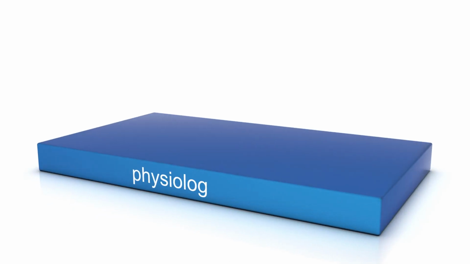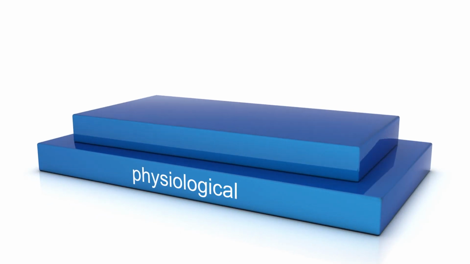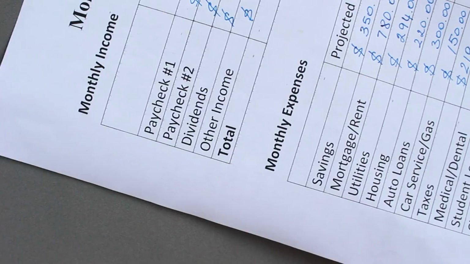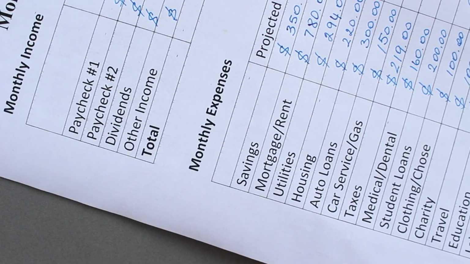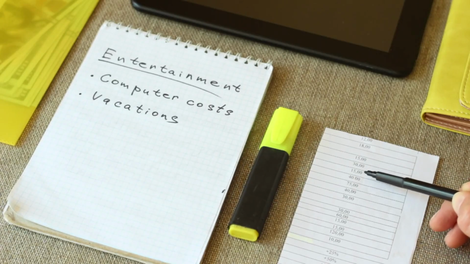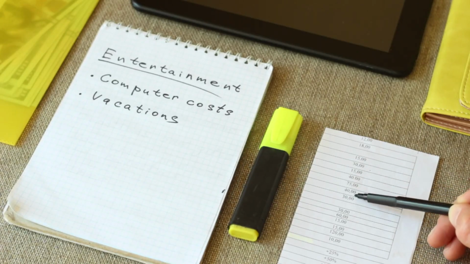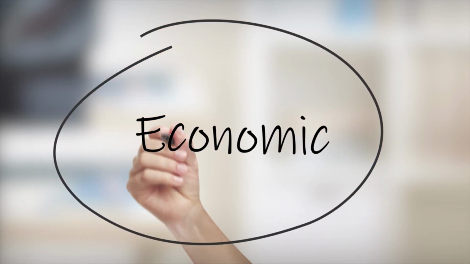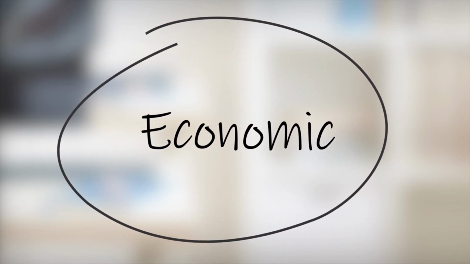Resources are limited, and this limitation forces individuals and societies to prioritize their needs and wants. For instance, consider a family with a limited budget. They must decide whether to spend their money on groceries, education, or entertainment. Each choice comes with an opportunity cost, the value of the next best alternative that is foregone.